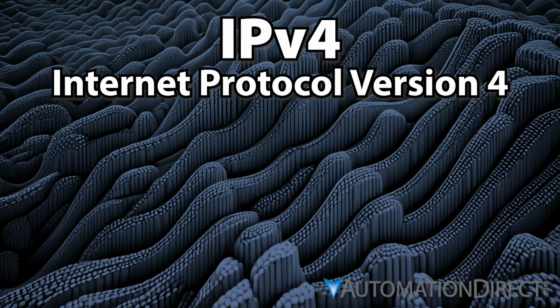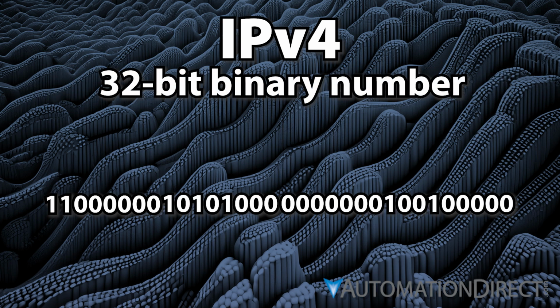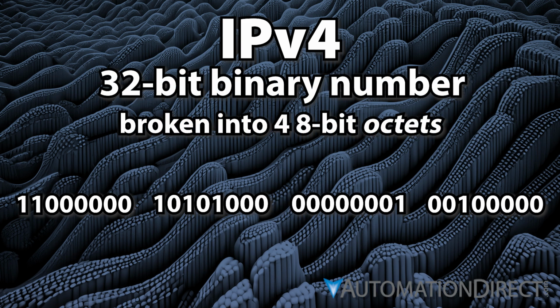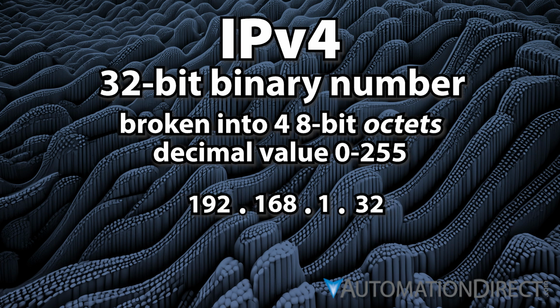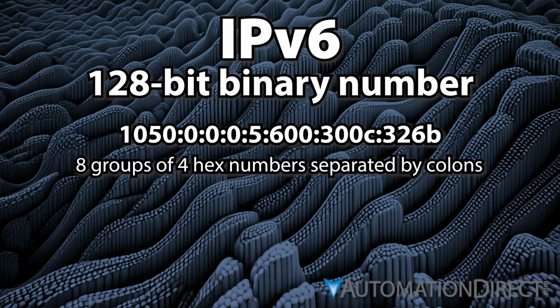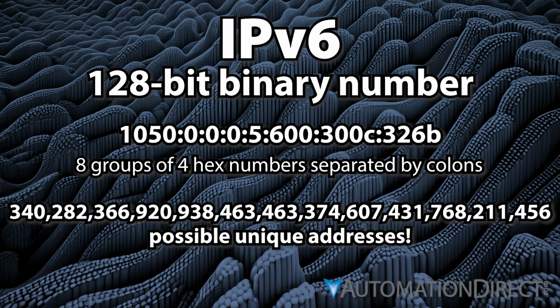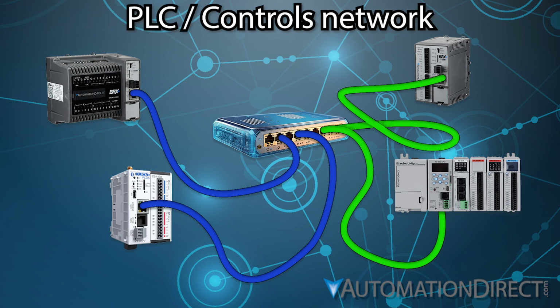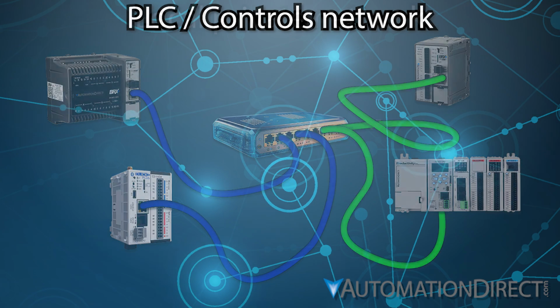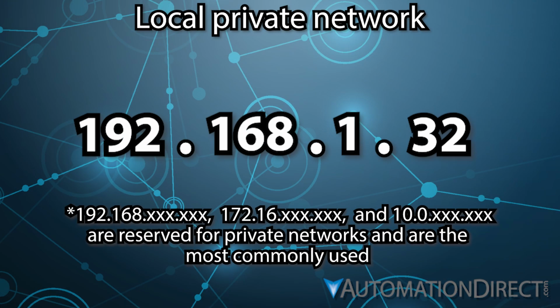An IPv4 IP address is a 32-bit binary number that by convention is broken into 4 8-bit octets. Usually we see this displayed in a decimal format, which gives us the familiar grouping of 4 numbers, each between 0 and 255. There is also IPv6 Ethernet addressing, which uses 128 bits, allowing for a truly staggering number of network configurations. IPv4 is by far the more common scheme for PLC and control networks, and is what we'll concentrate on here. Here's a typical IPv4 IP address for a smaller network: